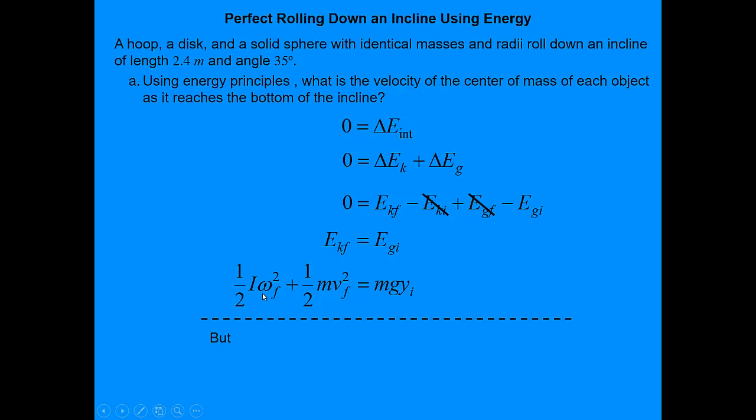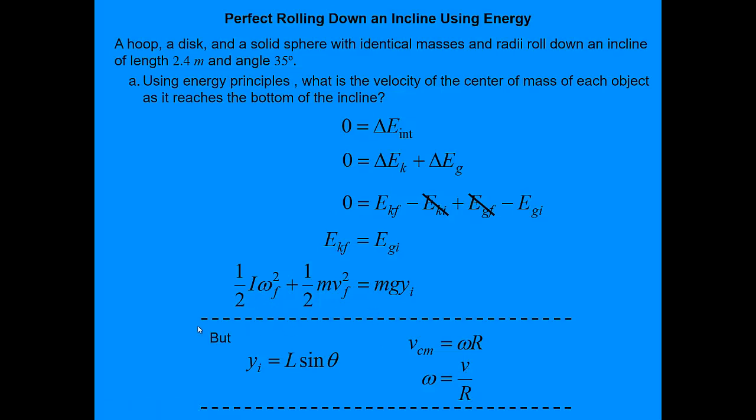We know that yi is L sine theta, as I showed you earlier. But we also know that for rotation, the speed of the center of mass is the angular velocity times the radius. And if we solve, angular velocity is speed over radius, which we can plug in right there